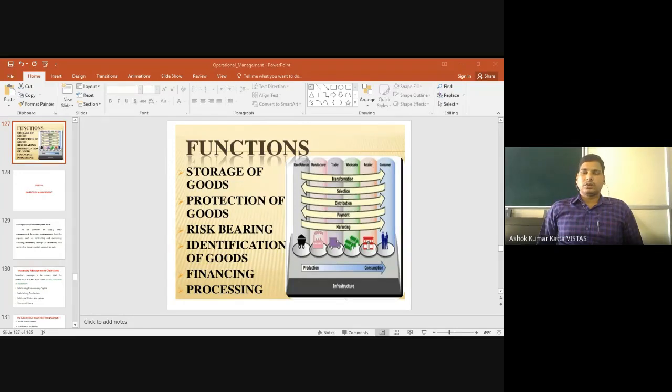The last one is processing. What is the fundamental nature of warehouses? To store your movable products temporarily or for a certain time. Long duration we can also store. Or sometimes people get semi-finished products, sit at the warehouse, and make them into finished products. All semi-finished products are converted into finished products. For that purpose also, we can use warehouses effectively.